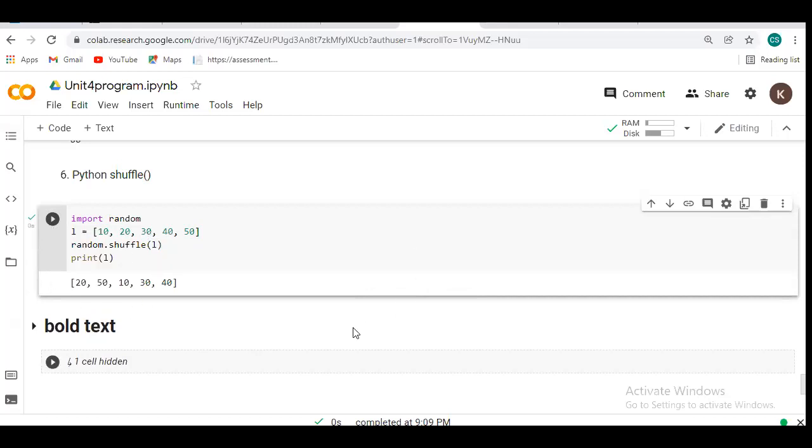So the shuffle operation will shuffle the whole string, or the value, list or tuple that we take here.